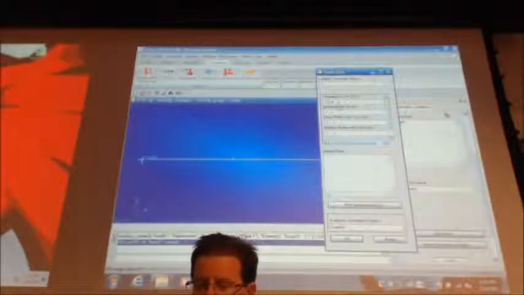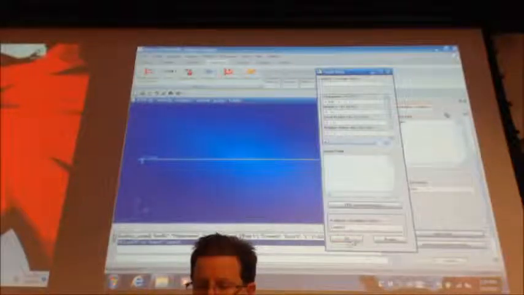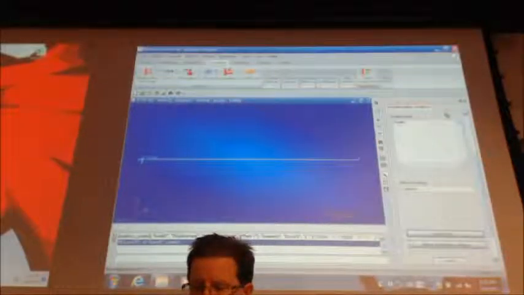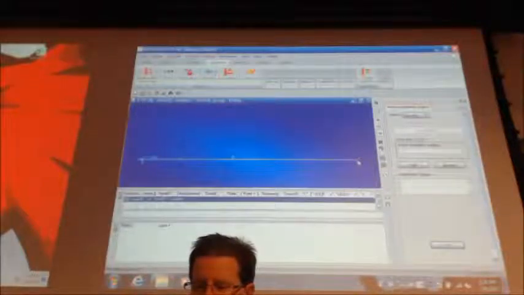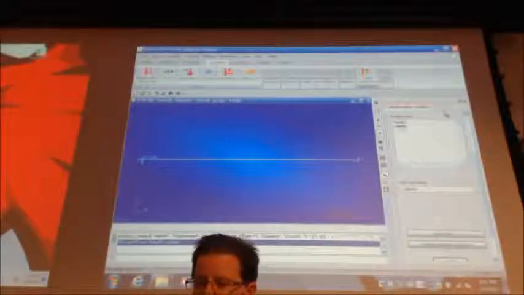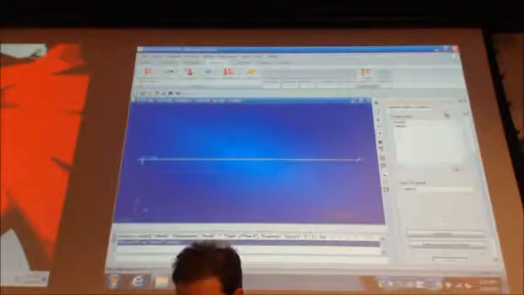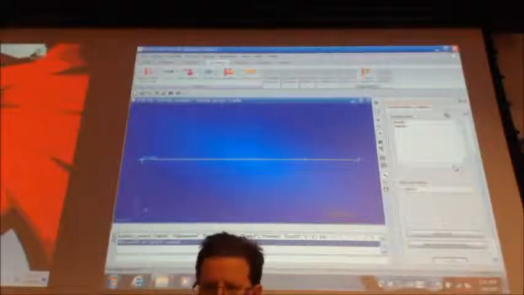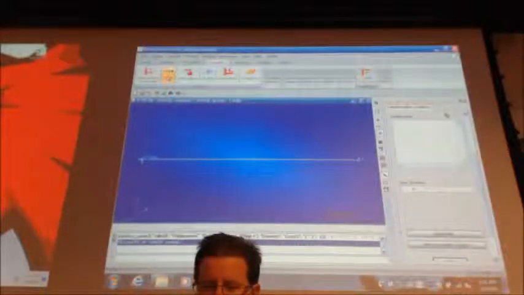So we can resist, we cannot resist in the X, but we can resist in the Y and Z, and our rotations we take out. So say okay, and we're going to put it at node 4, okay, and apply. So we should have the two constraints. Now our force